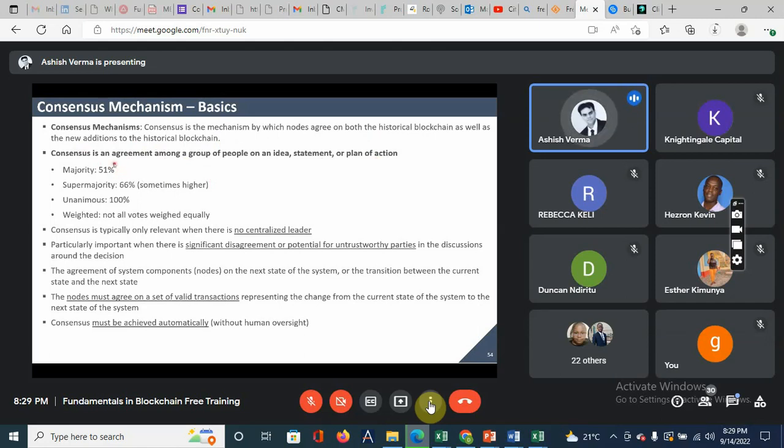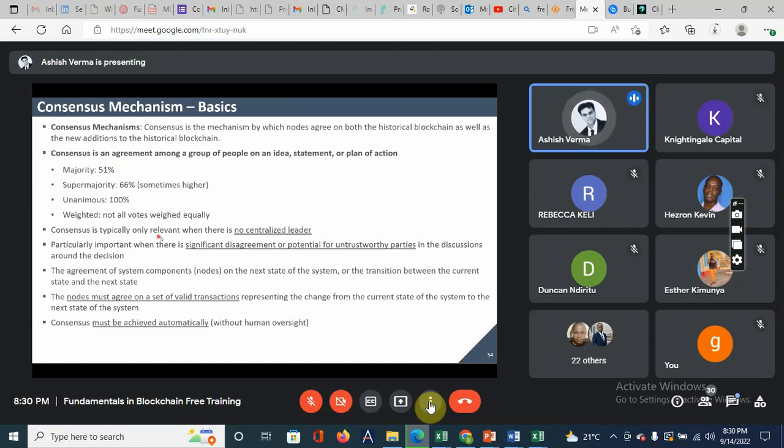Some blockchains, like Bitcoin proof of work, follow the 51% principle. There are some blockchains which follow a super majority, where you have to go for 66%. In some cases, it can be unanimous. I don't think any blockchain follows this, but there may be some that say 100% of the miners always have to agree. Maybe it's applicable in most private blockchains. And it can be weighted, so not all votes are weighted equally. When we have this 51%, if one guy is carrying 10% of the power, that guy will have more vote in comparison to all other guys.